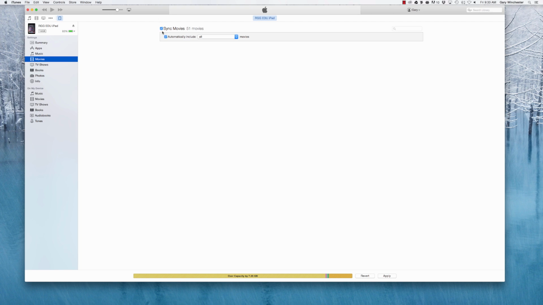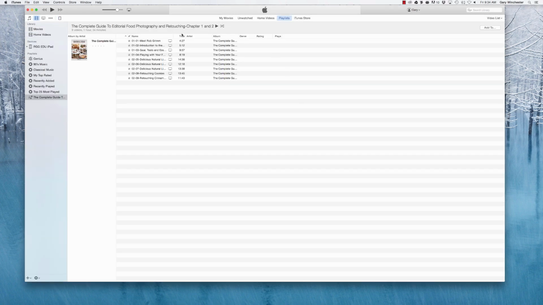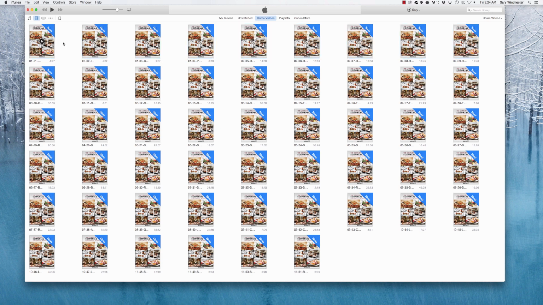So there are a few things that we can do in that instance if you're running out of space and you want to have all the content on your device. We can go back to where the movies are at. There's a function in iTunes that will make a version specifically for your device. So let's say that I wanted to shrink the files that I want to put onto my iPad or even my iPhone. I'm going to go to File up here in the menu bar, and I'm going to go to Create New Version. If you're going to put these on a phone, you're going to want to choose a phone version, and it's going to shrink them down into the exact quality that your phone or device needs to be in,